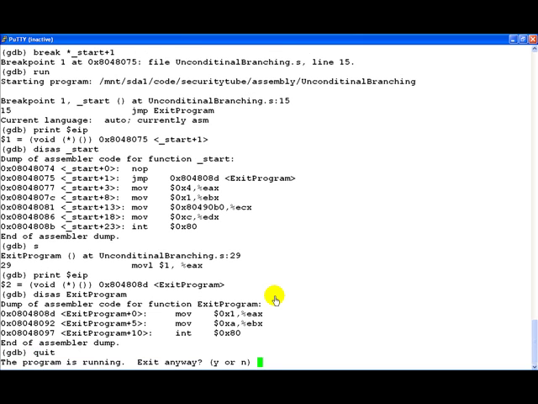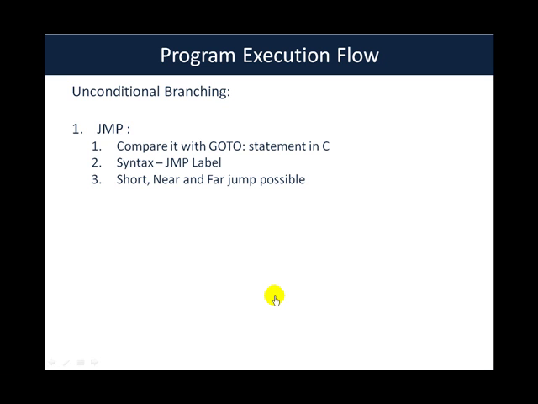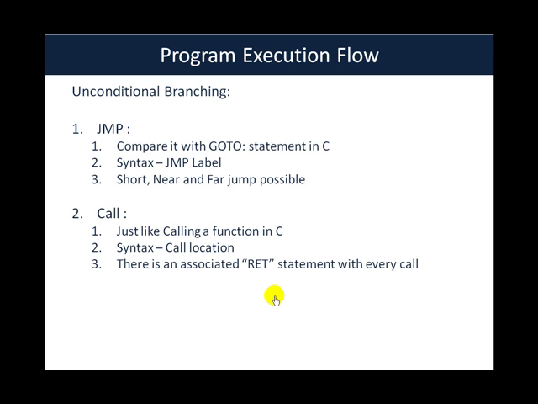Now let's quit this program and go back to the presentation. The other unconditional branching can be done using the call statement. Call is generally associated with routines such as functions, which can be called in assembly. So it's almost like calling a function in C. The syntax is very similar to jump, just call and then the location.